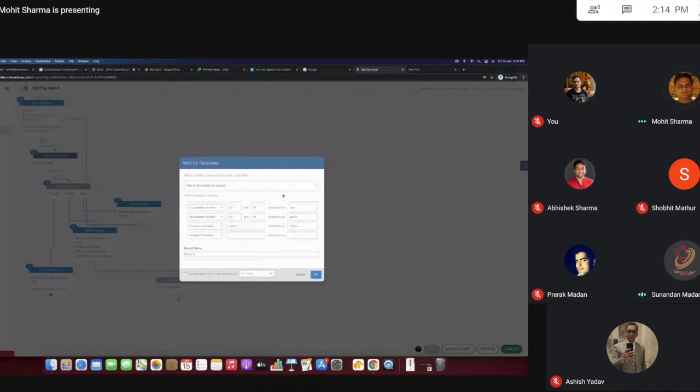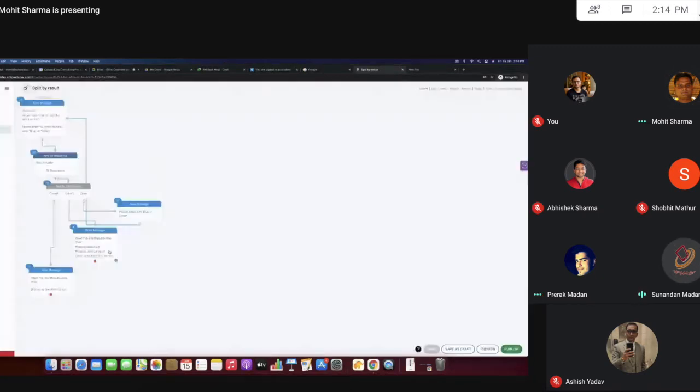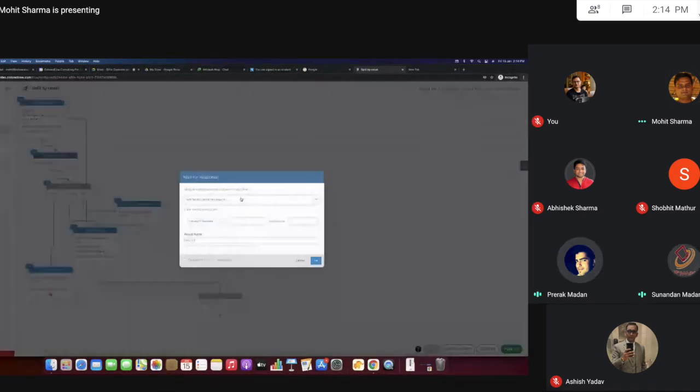Is it only me who is looking at this, or is everyone having the same issue? The video is getting a bit blurry, the question text is not visible properly. You're saying the video is not clearly visible? Yes. Anybody else has an issue?